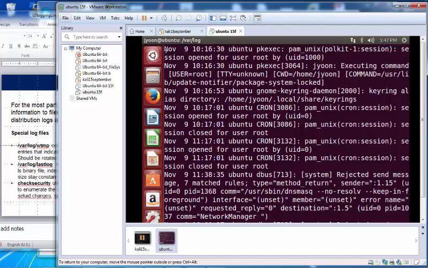Each line item starts with the timestamp: November 9, 10 o'clock, 10:16 and 30 seconds. And Ubuntu and user root. So root has been executed as a root.